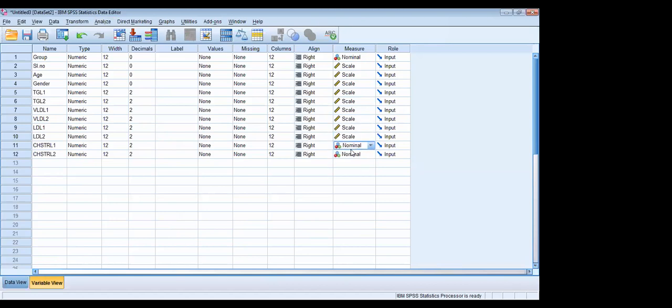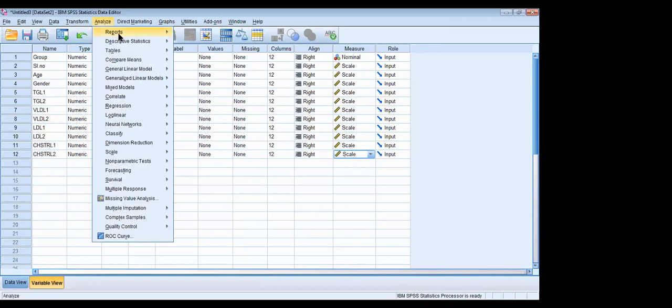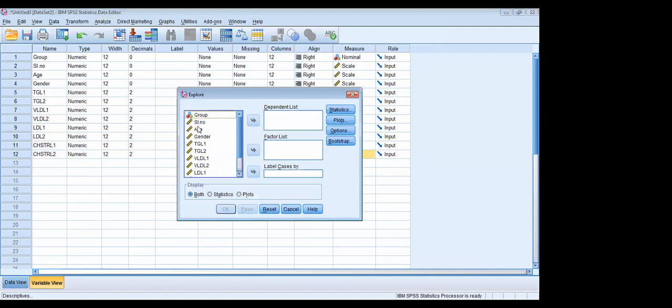From the responses, we can observe that TG, LDL, VLDL are all continuous data, no? So we need to change the measurement scale to scale, and then select the variables for the normality test, age, then TGL1 up to cholesterol L2.